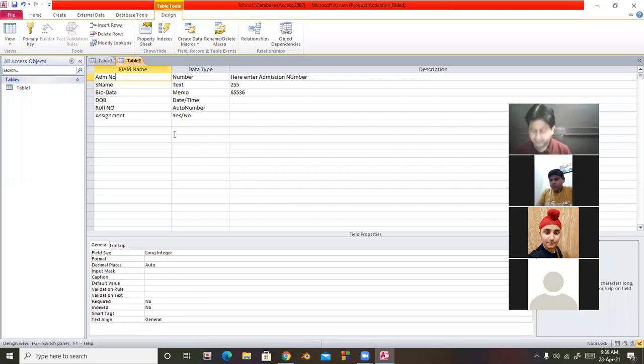So there are two sections of design view. At the top, we give field name, data type, and description. And at the bottom, there are field properties, properties regarding every data type. Suppose I take division number as numeric, so there will be some field properties. Now, next is